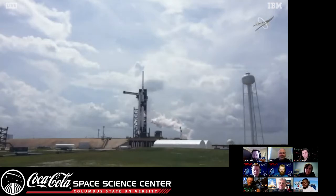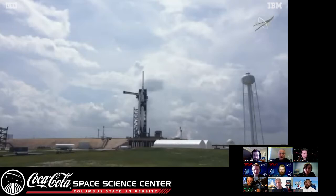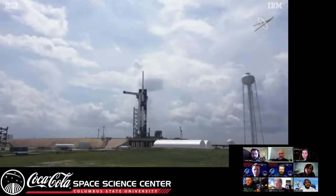I could talk a little bit about that. The whole goal of the commercial crew program is to bring the launches back to American soil, which of course is what we're hoping for today. And not only with SpaceX, but the Boeing Starliner as well. That way NASA has two different vehicles in case there's a problem with one. So hopefully between those two vehicles, the SpaceX Dragon and the Boeing Starliner, we will no longer be dependent on